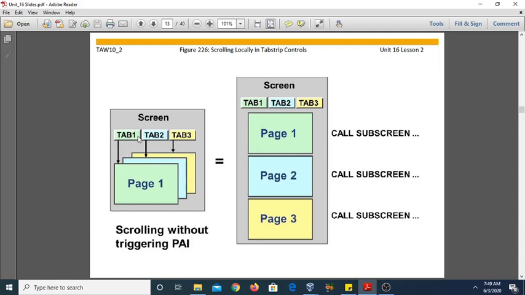And when you want to send all the subscreens to the front end, the tab strip control must have a function type P, so that the user can scroll between the different tab pages without triggering the PAI processing block. So it is essential, for scrolling without triggering PAI, that the tabs must have the function type P.